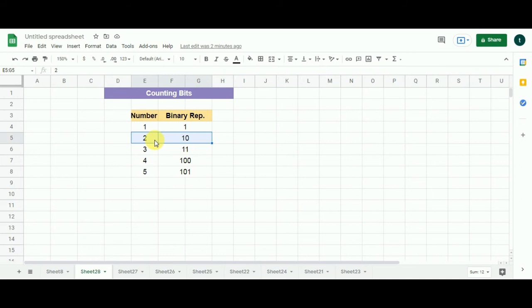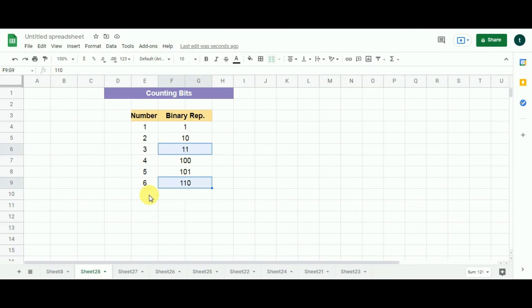Let's do that for a couple of more numbers to check the authenticity of our theory. I add 6 here, and in front of it I write its binary representation, which is 110. Dividing 6 by 2, we get 3. Check the number of ones in both. They are equal.